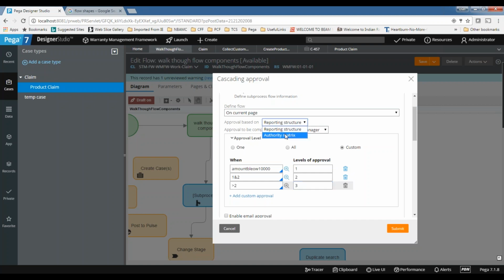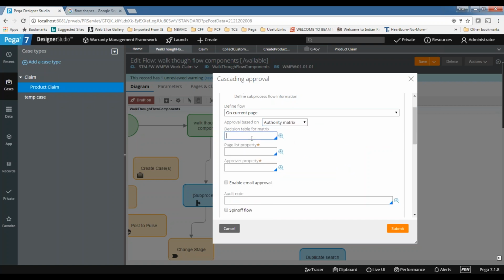Or else if you want to go by authority matrix, as I said, for authority matrix we need to define the structure. So if the work is this one, you need to go by this one. Here also, if the loan amount is less than 1 lakh, we should define who is the person we should get the approval from. Let's say get approval from person A. We are clearly giving the names here. If the amount is between 1 and 2 lakhs, get the approval from some other person. That is called authority matrix. Most of the times you can see this one in the IT department: if you want to get any IT device, go to this person, contact this person, or if you have any issue with software, go to this person.